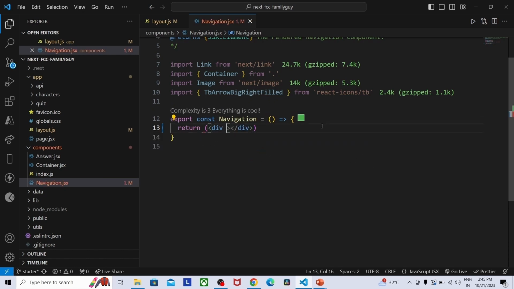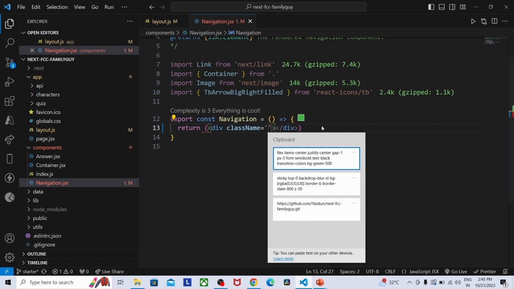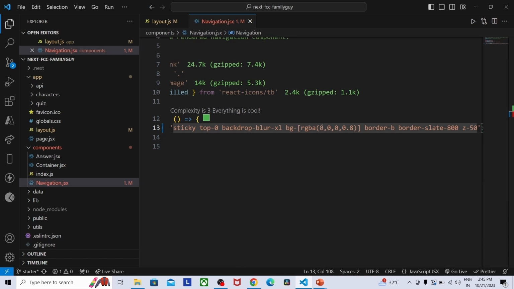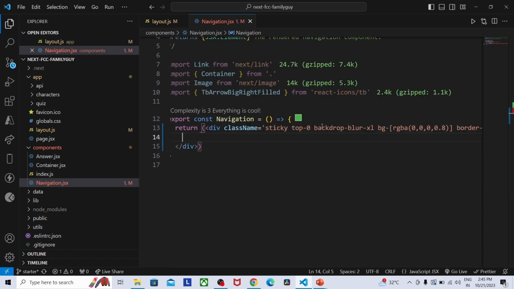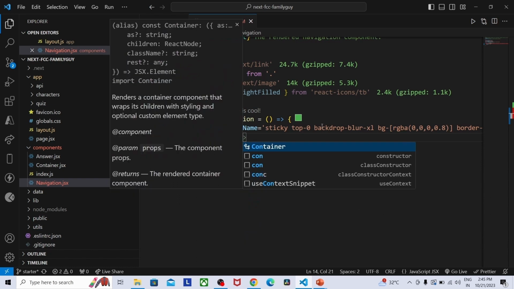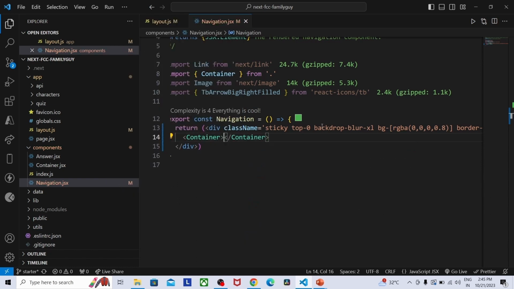First one is a div tag with className, and I'm going to provide the styles which I have copied previously. Next, open the div elements. Next, provide the container. Inside this container,